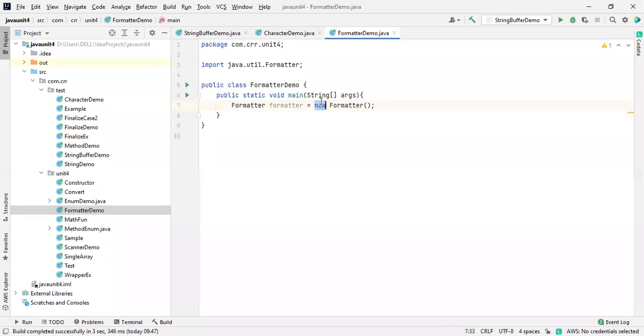It creates an object inside the heap area, which is available inside the JVM. What is the use of the JVM? JVM is useful for memory allocation. After the memory allocation, you run the program using the interpreter as well as the execution engine, the interpreter and JIT, which is the just-in-time compiler, to give good performance to the application.